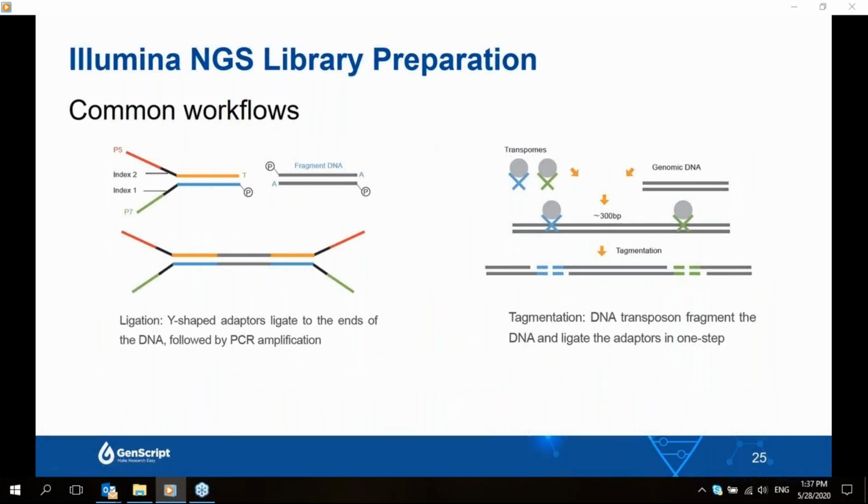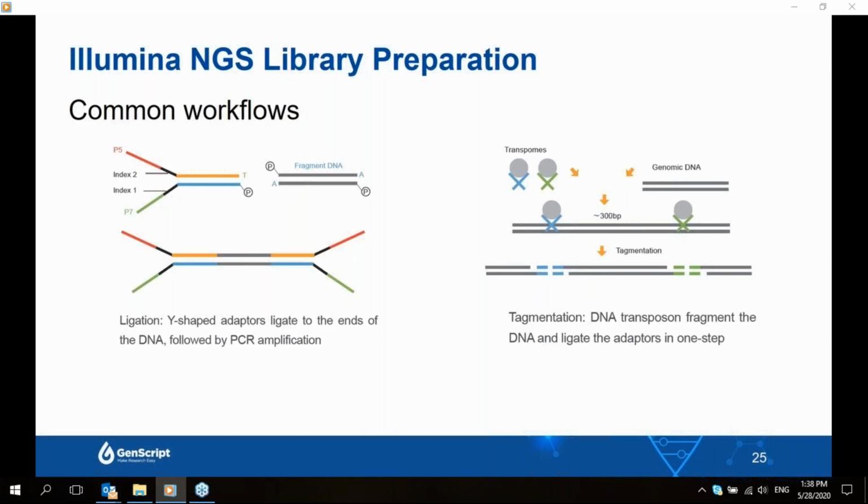Now let's zoom out of the NGS target selection step and focus more on the step upstream of it, that is the NGS library preparation step. As I have mentioned in the beginning of the presentation, any samples that are going to be sequenced need to be in a form that's sequencer compatible. And for hybrid capture experiments and for whole genome sequencing studies, a pre-made library is required, and there are two common workflows to make it happen. The first one, the one on the left,